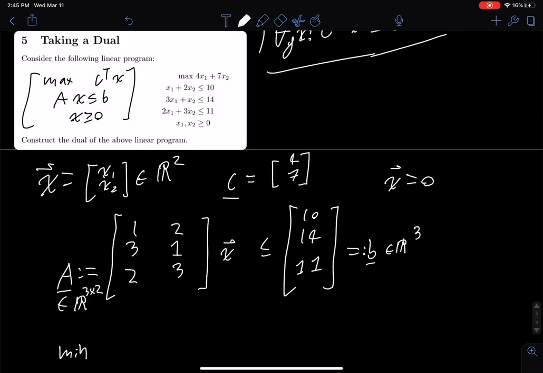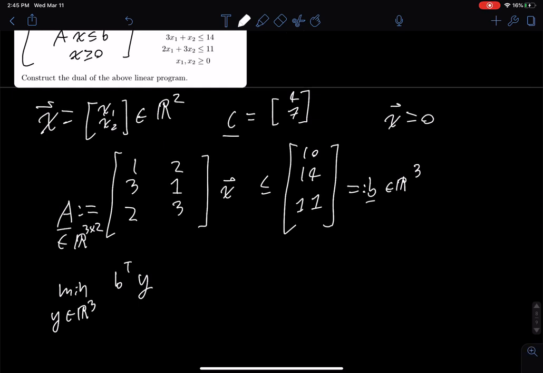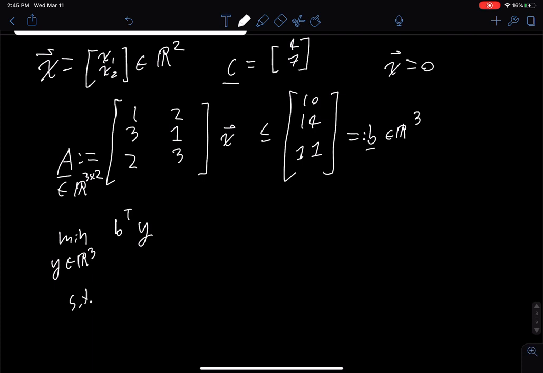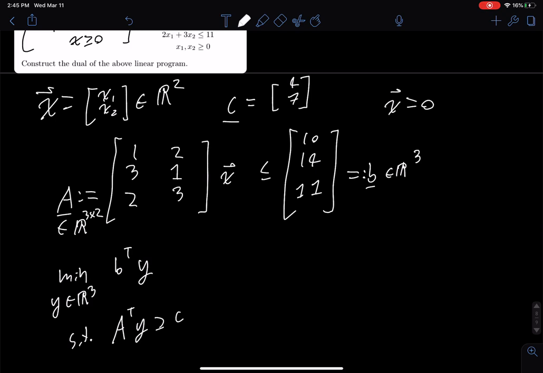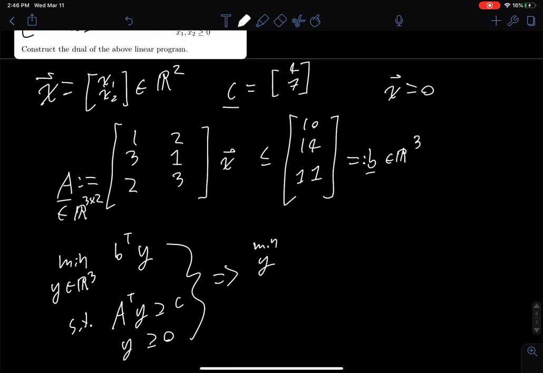Using the form that we've derived above, it's going to be minimum b transpose y, now considering y is an element of R3: minimize b transpose y, subject to A transpose y is greater than or equal to c, and y is greater than or equal to 0. Let's go ahead and plug in some concrete values. We're going to be minimizing over y, b transpose y, so 10y1 plus 14y2 plus 11y3,